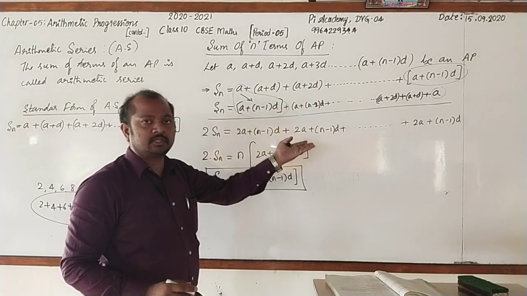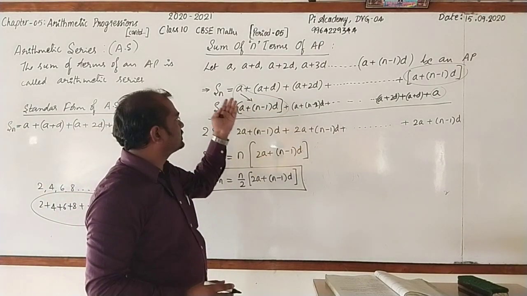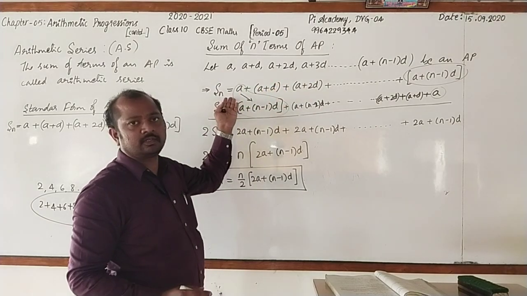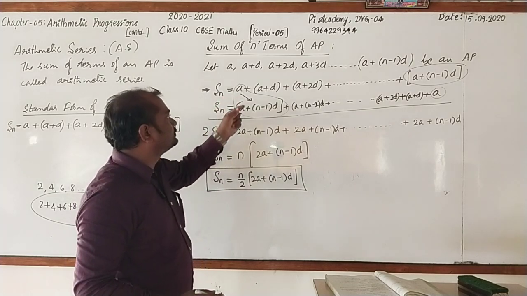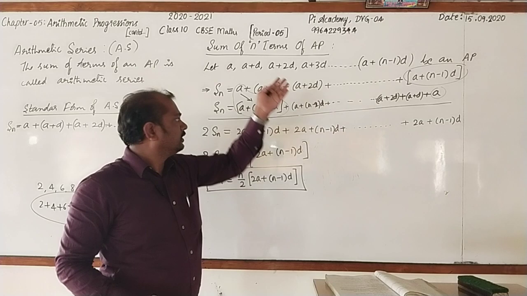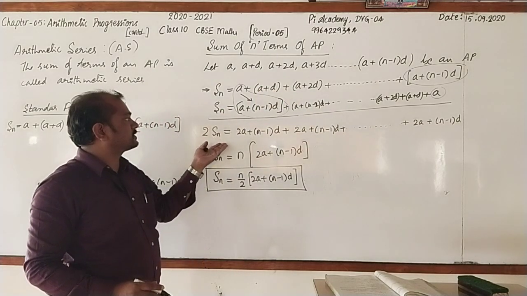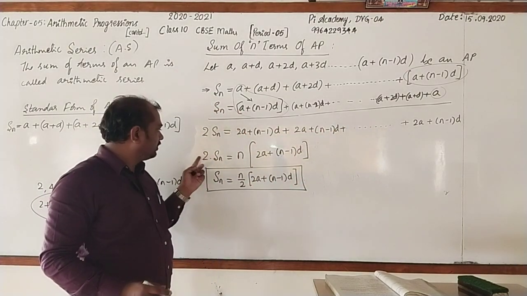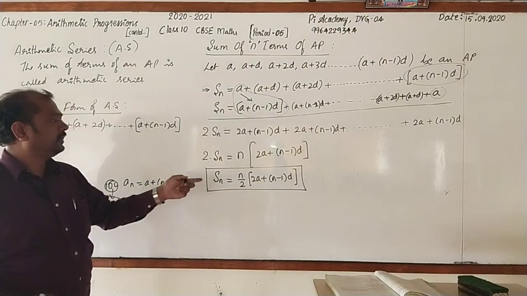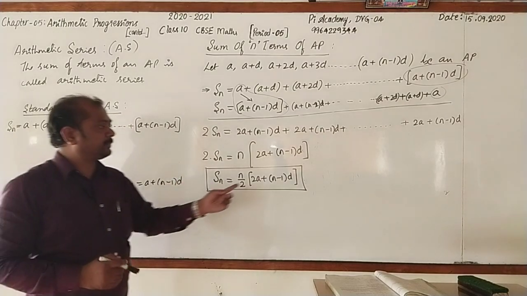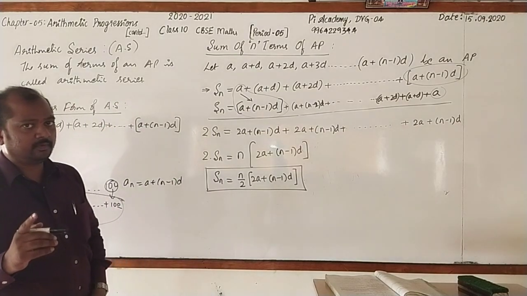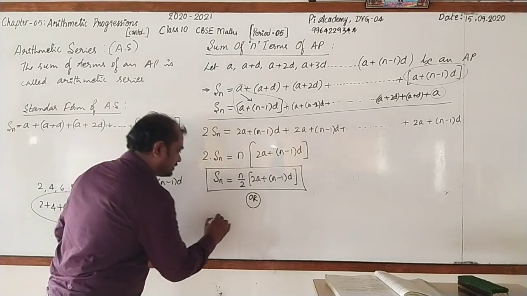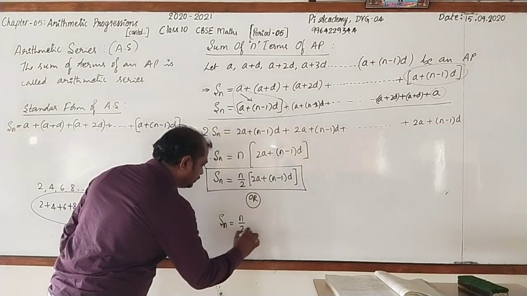There is a chance of the derivation being asked in the examination, so I have taught this one. Very simple. Write the standard form of the AP, then go for adding all the terms. You will get Sn, sum of n terms. Then write it in the reverse order. Then go for adding. You will get 2 times Sn, then 2a plus of n minus 1 into d, total n times. Then transpose 2 to the denominator. It will be Sn equal to n by 2 into 2a plus of n minus 1 into d. Remember this. And this can also be rewritten as Sn equal to n by 2 into,